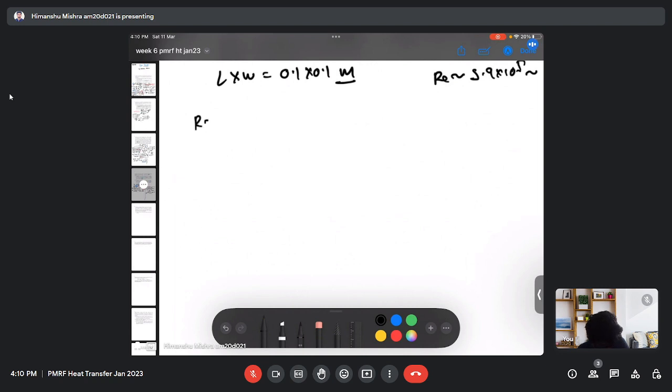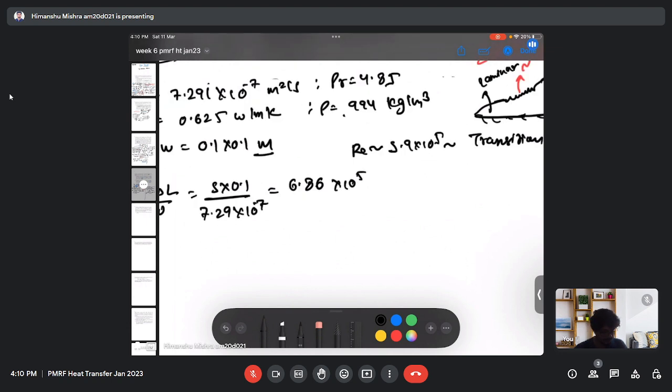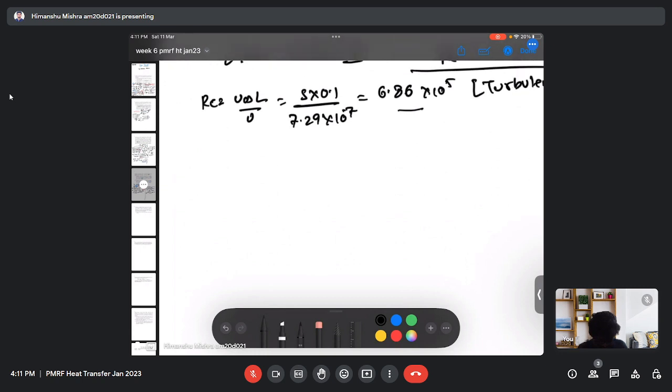So for the water case, we will be finding the Reynolds number here. The kinematic viscosity is 7.29 × 10^-7, which gives 6.86 × 10^5. So here the conditions are turbulent. Earlier it was mixed, meaning over the flat plate there was laminar as well as turbulent flow. But now the Reynolds number is very high compared to the critical Reynolds number, so the condition over the flat plate is fully turbulent. Now we will use the correlation for the Nusselt number as well as the drag coefficient, which is applicable only for the turbulent case. So here my drag coefficient can be given by